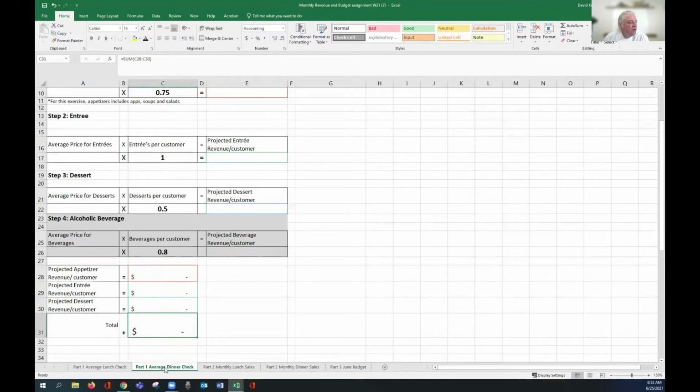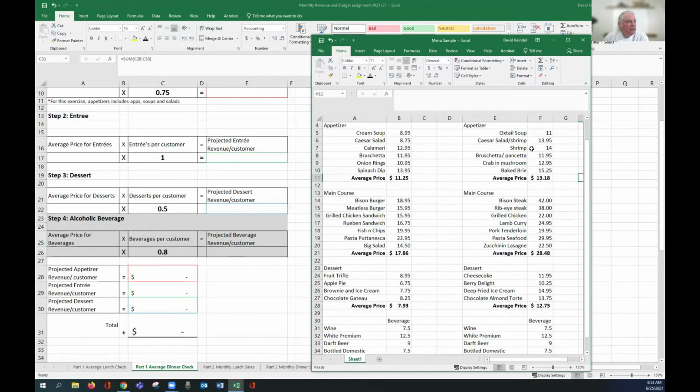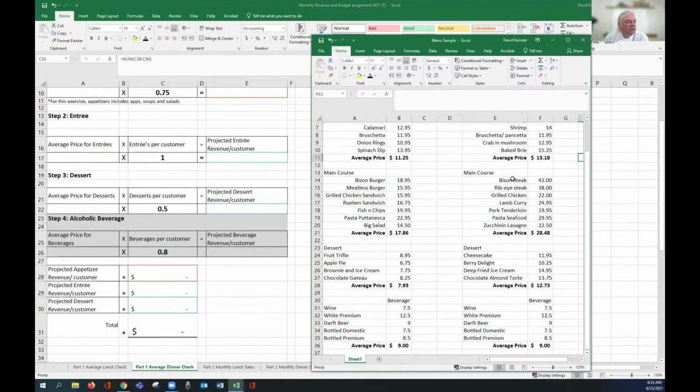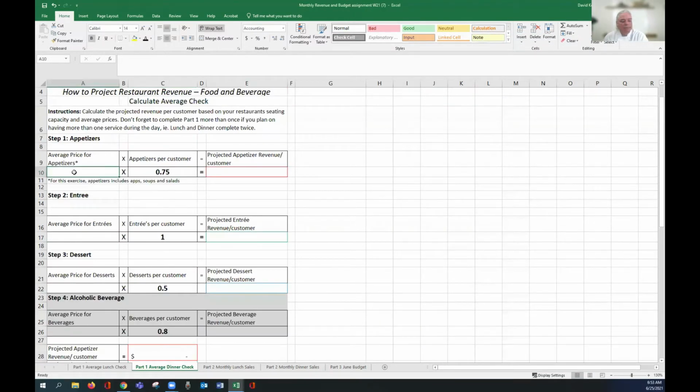So we'll do the same thing for average dinner check. If we look back at the calculation that we've done, we've taken our dinner menu, looked at the entrees, and taken an average check here. So $13.18 for the average appetizer for our dinner calculation. Our average dinner check is $28.48. And our average dessert is $12.73. And our beverage price remains the same at $9. So